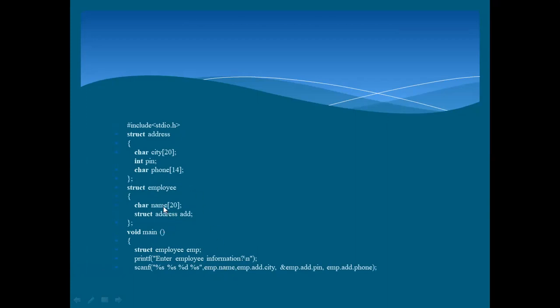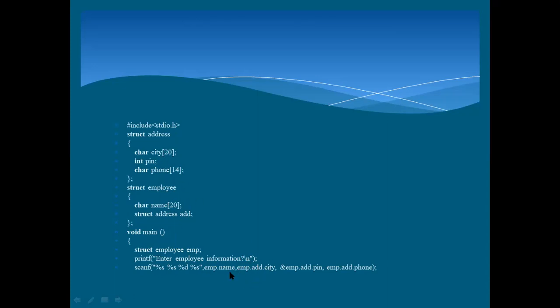Directly we can access it. Now if we want to read the city, we have to specify the outer structure variable emp dot inner structure variable add dot city.